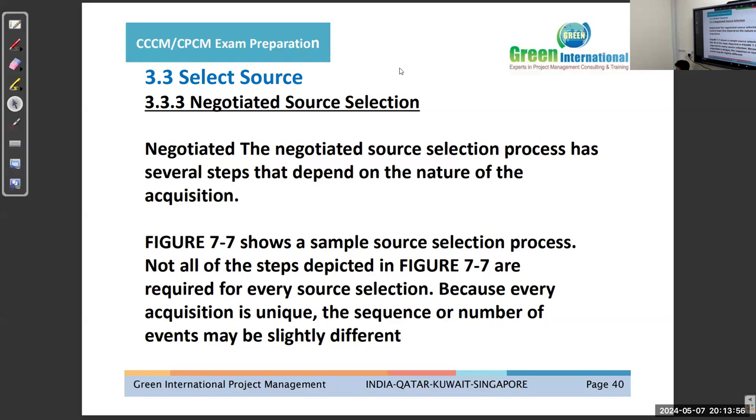The source selection process has several steps depending on the nature of the acquisition. 7.7 shows a sample source selection process. Not all the steps depicted in 7.7 are required for every source selection because every acquisition is unique. The sequence or number of events may be slightly